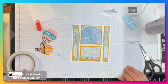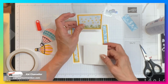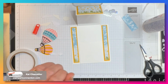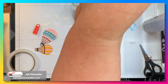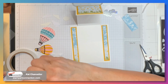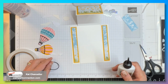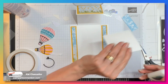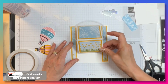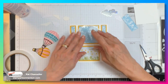front. Now this piece here is my 3x3 piece. I can go ahead and adhere this. I can adhere it using my Cosmic Shimmer. No, actually, I'm not going to do that yet. Okay, so that is going to be our